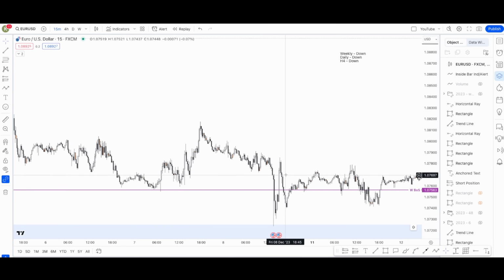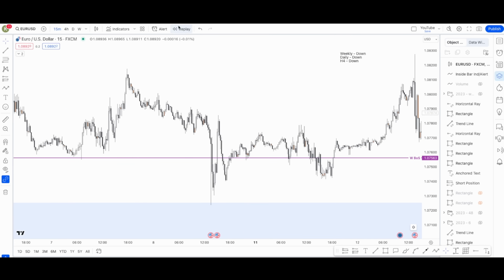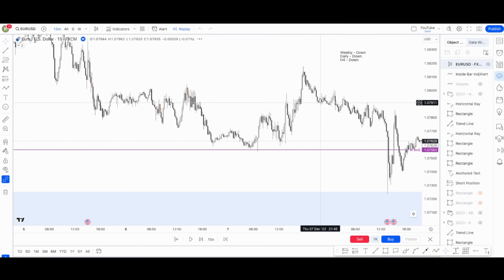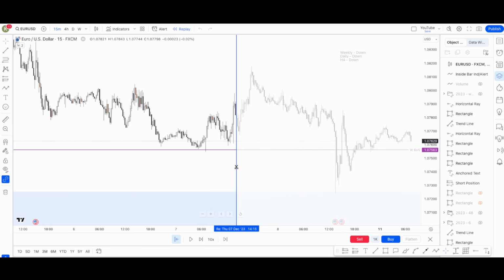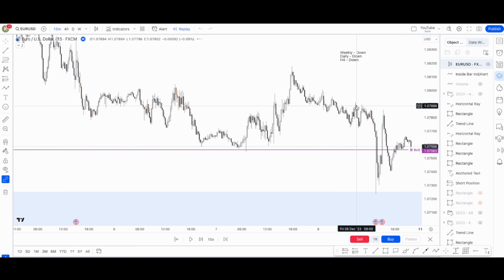But we started off with this as an order block. But I also identified something as well in the evening. I'll do the bar replay so we can go through with a little bit of realistic simulation. We'll actually go back to the start of the week so I can look at the weekly, look at the daily with you. But first of all, before we do any of the actual